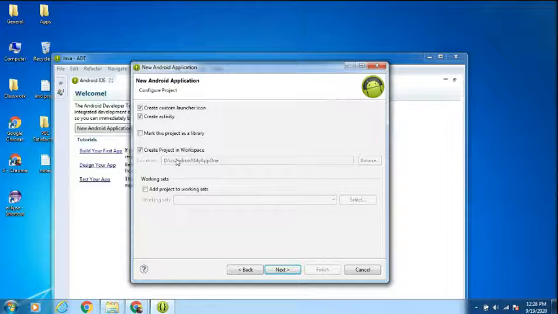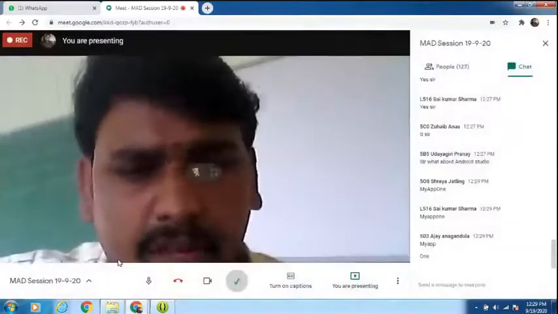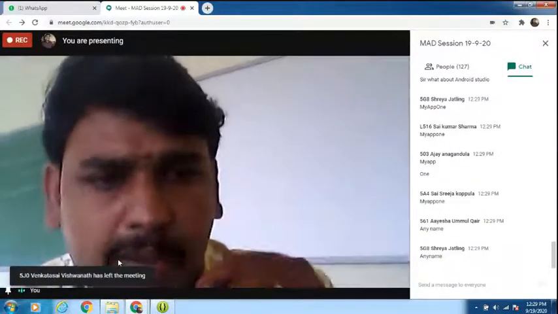You can see here, in the D drive, it is saving in CS Android. What is our application name? My App One. Is there any rule to give only My App One or any name? You can give any name, dear. But since it is our first application, I'm giving My App One.